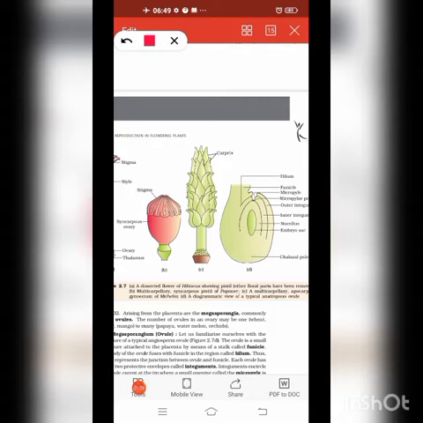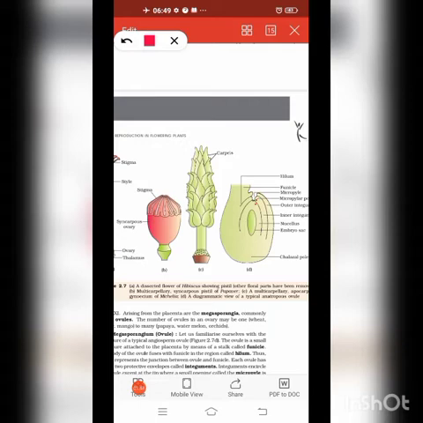In the initial stages of the development of the ovule, you cannot see any embryo sac. Here it is marked, but this is the diagram of a mature ovule. In the initial stages, you can see only integuments, which are protecting some parenchyma cells. Those cells are known as nucellus. And as the ovule development advances, you can see that from the micropylar region, some of the cells will become